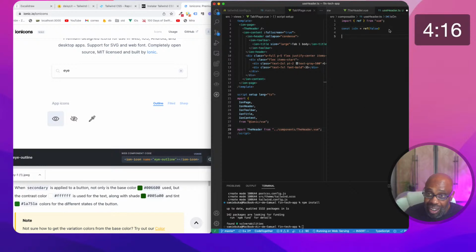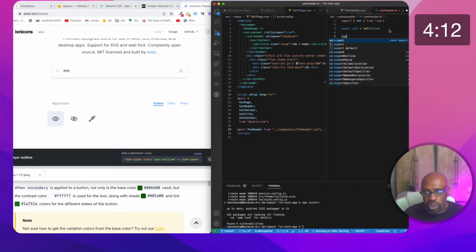And then technically, if you put here an export function,